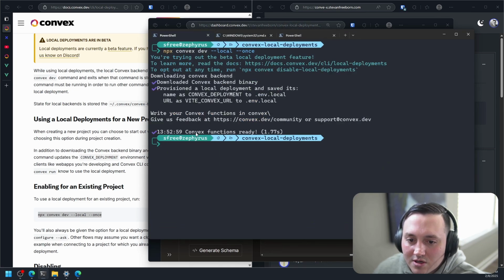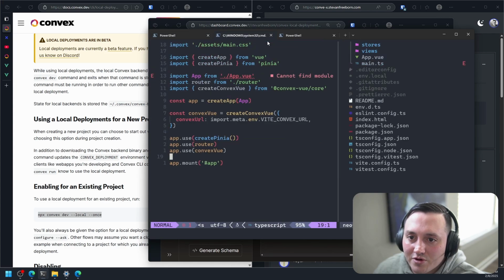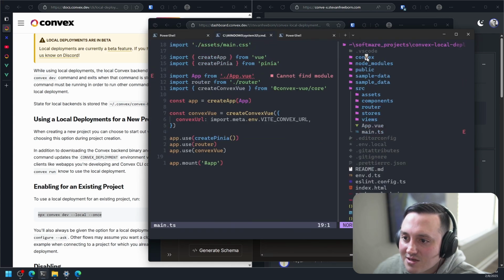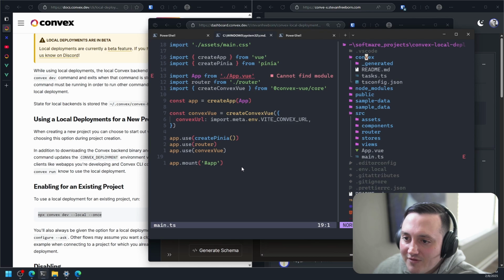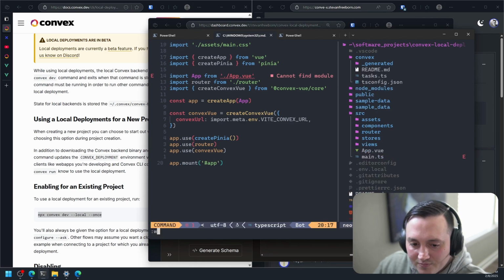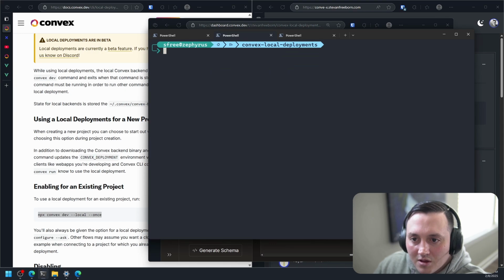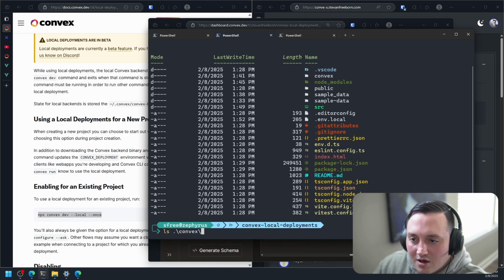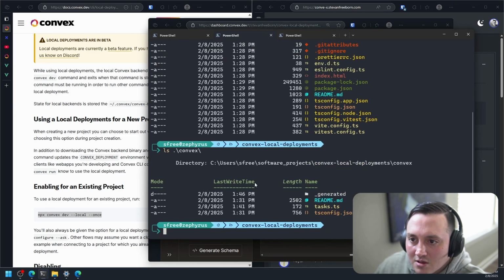Oh, and also, it should have created a new folder too. So if we look at Convex, should have a new folder, right? Let's see, quit all, ls convex. Huh.